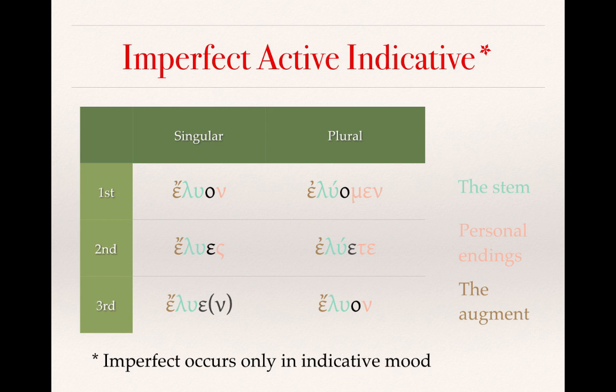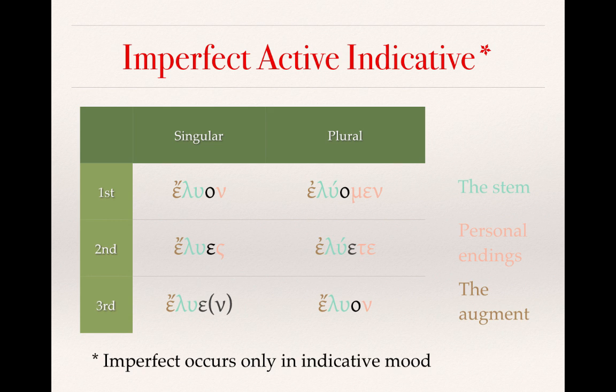Elues, you singular were loosing. Elue or eluen, he, she, or it was loosing. Eluomen, we were loosing. Eluete, you all were loosing. Eluon, they were loosing. And you'll see that with the personal endings, there are some things that we've become familiar